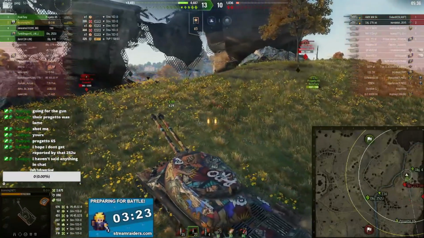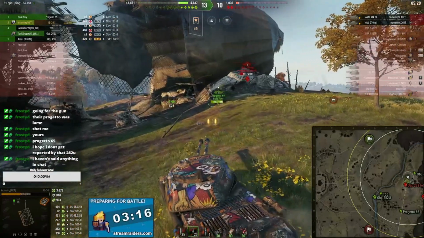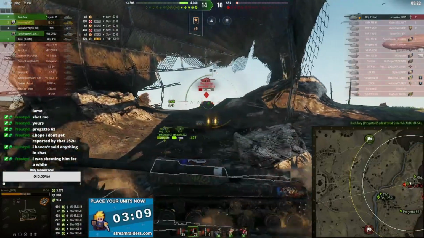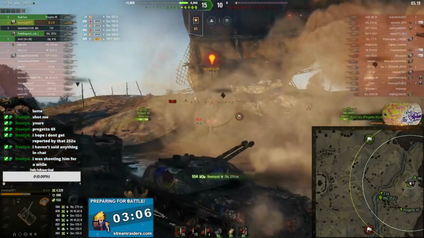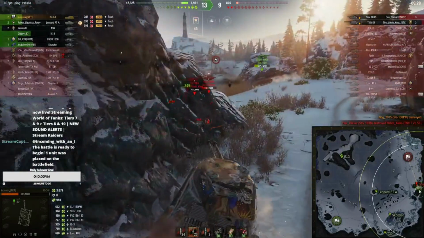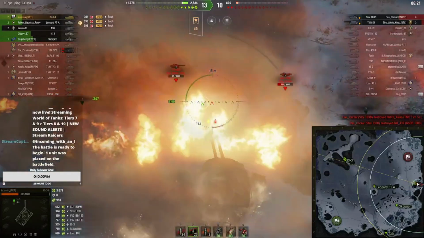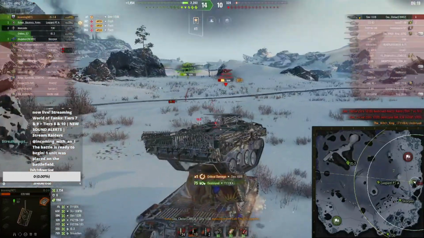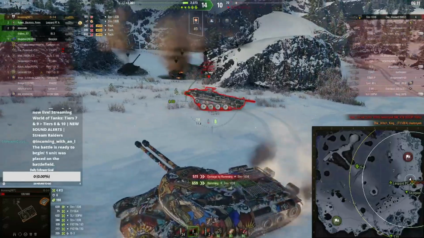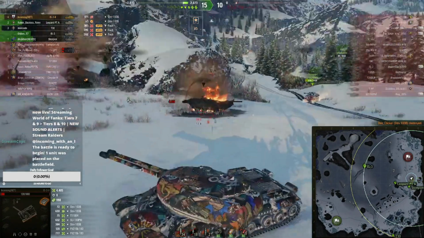I want a double shot at 279. I want a double shot at 279 so bad. Please let this happen. Hallelujah. I think the G-Sword hit him once. You G-Sword. Hey, Duz. I don't know how that happened, but...